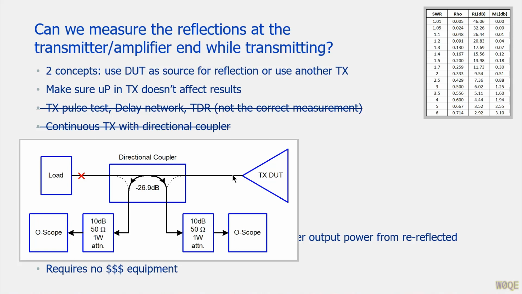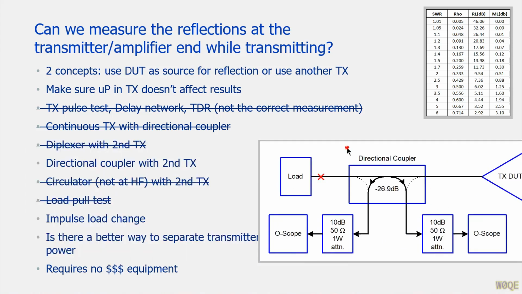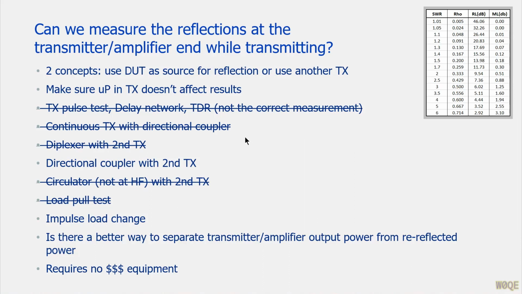Now you can kind of do it, but it's hard to do it accurately. And after messing with this a little bit, all I could see was only really, really huge reflections. If the reflections were small, they were swamped by the transmitter. And plus, doing it in a continuous state, I had no idea if the microprocessor was getting involved. So I quickly decided that this was not really the plan I wanted to go on and looked for something